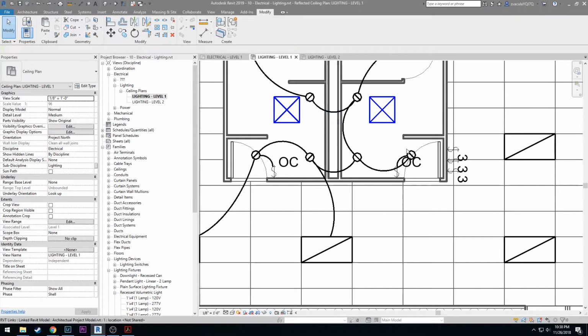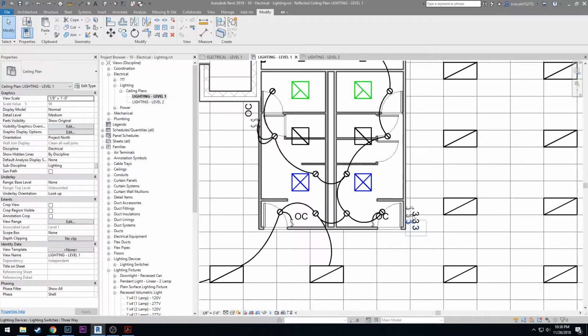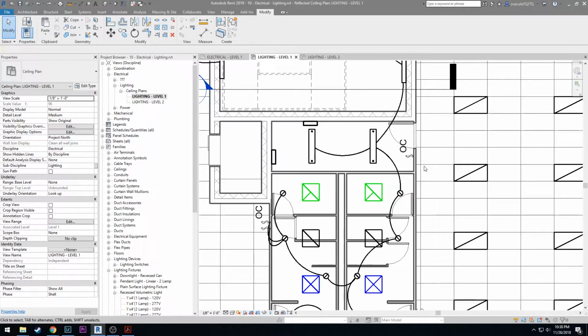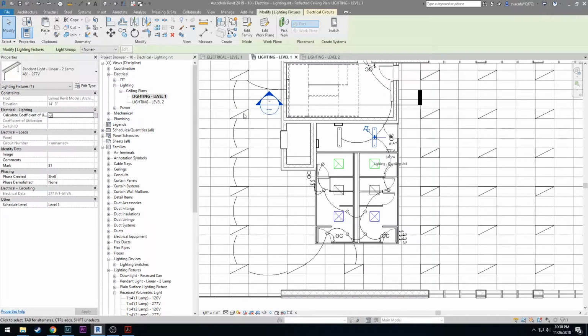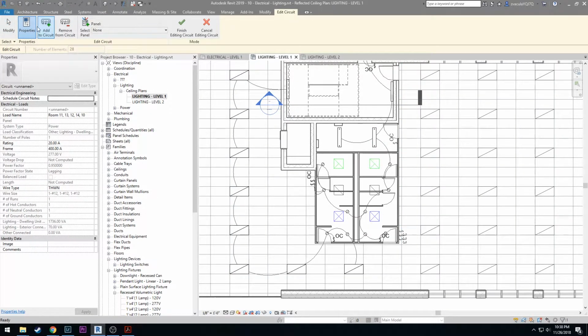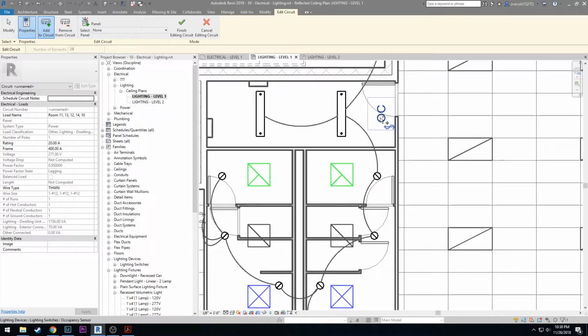And if you accidentally miss a switch, or get too many, maybe you accidentally selected these switches here, there's a way to go back and edit your system. So to do that, you just click on any of the pieces that are on that circuit, and then in your top tab here, you have electrical circuits. You click on that tab, and you have edit circuit. So I'm going to go into edit circuit, and this is where you can add and remove different pieces from the circuits. So I didn't have this occupancy sensor selected, so I want to make sure add circuit is selected,